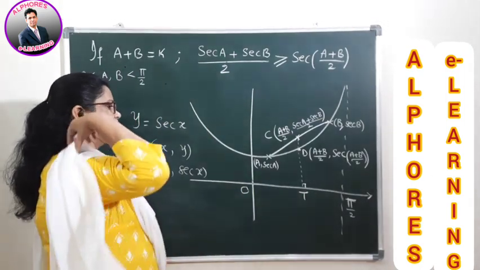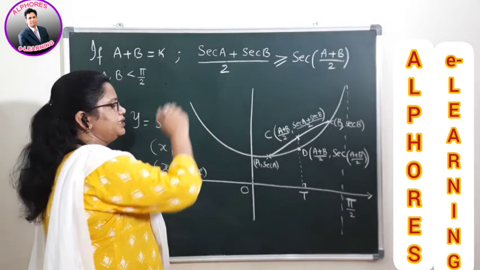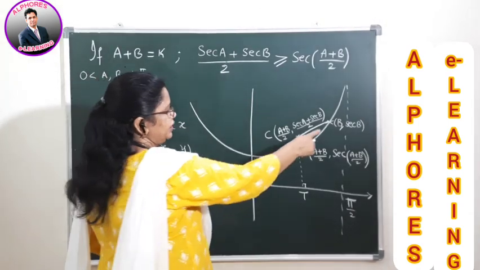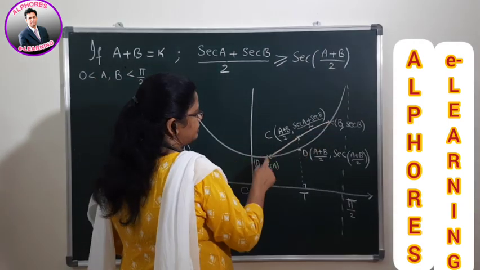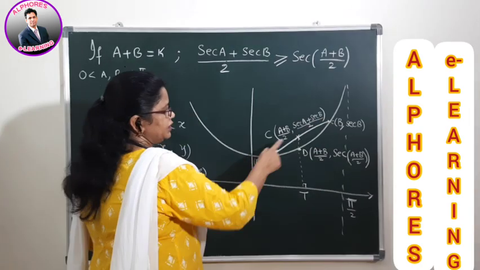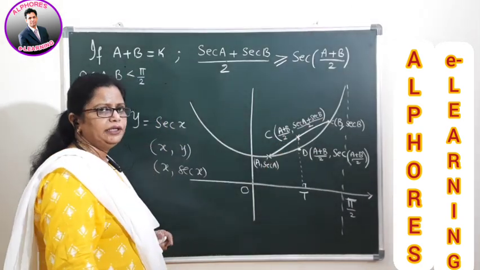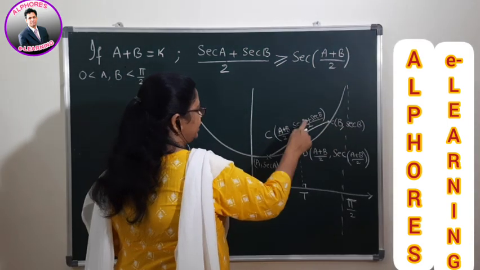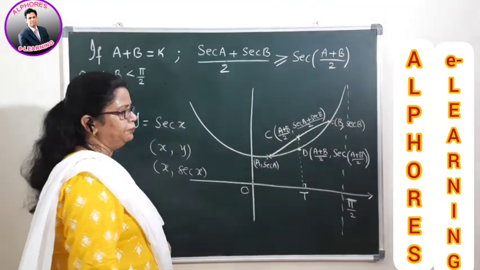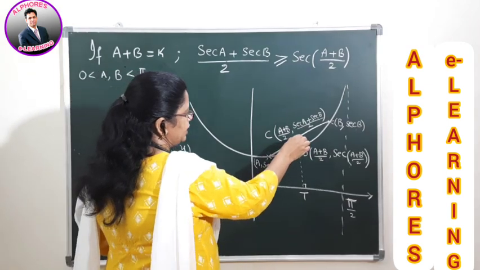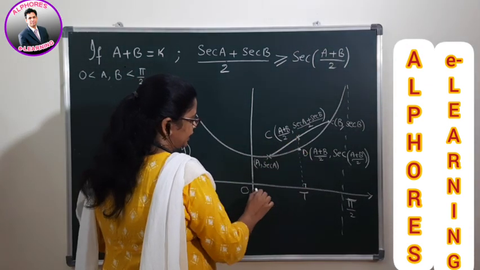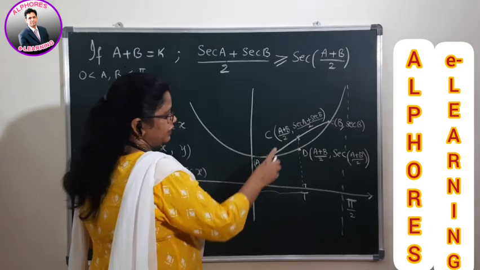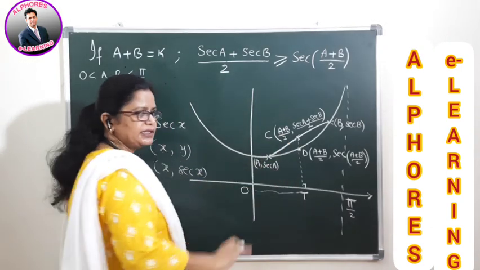Then what is the purpose of taking the graph? To use this. If I take A and B as two points on the curve and join them, then this is the middle point of the chord AB. So take the middle point A plus B by 2 and correspondingly the sum of ordinates by 2. After this, if you drop a perpendicular exactly here, what value is this? It is A plus B by 2, the abscissa value.